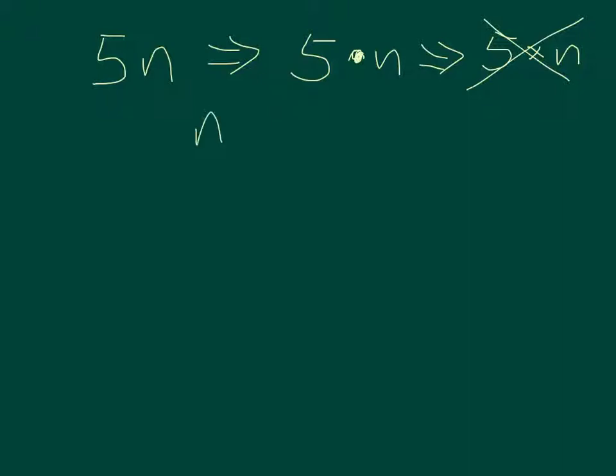Now if n equals 2, to evaluate that expression, you would write 5 times 2. And in this case, you want to put that dot there, because if you don't put the dot, then it just looks like the number 52. And we want to represent it as multiplication. So 5 times 2 is going to be 10. Okay, that's multiplication. Now if you want to look at division,